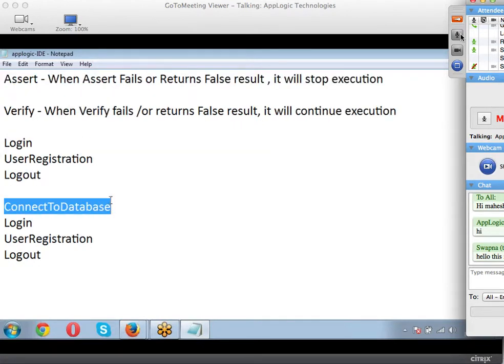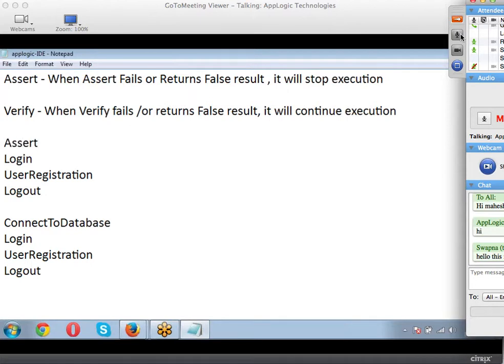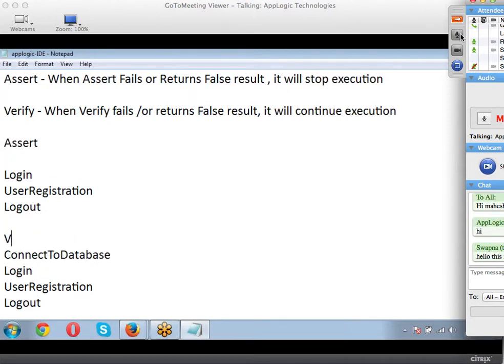Even if the connectivity is not made, I can go for the login procedure, and then user registration, then logout, if the credentials are absolutely correct. So this is the assert example, and this is the verify example.